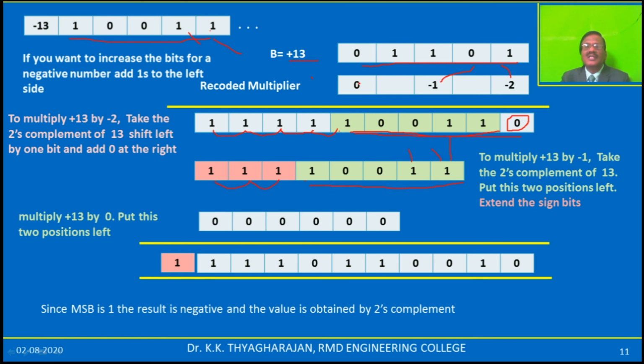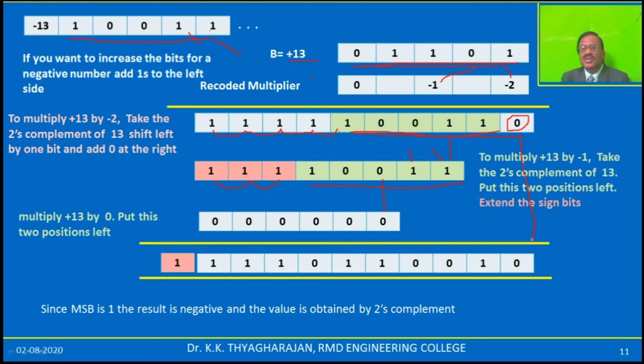Now you take the third row. You have to multiply this multiplicand by 0, so you will get 0 only. And you have to put that 0 here. Actually you have to leave two positions, and you put 0 here, and all are zeros. You can extend up to this, leave it. Now you have to add all these three rows.